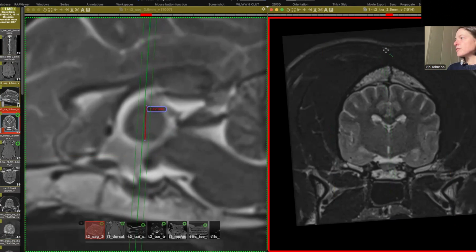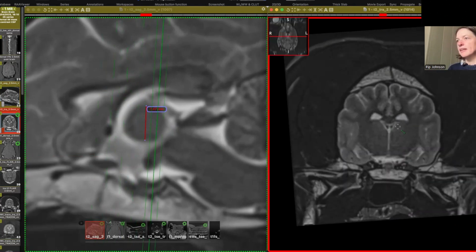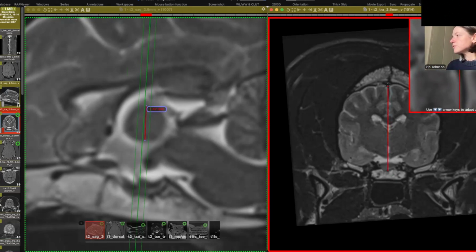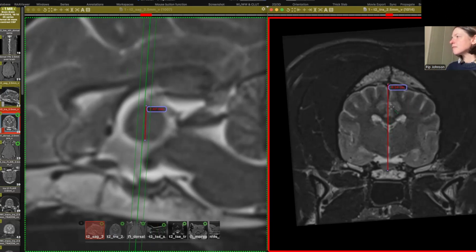We're then going to switch over to the transverse plane sequence, and we're going to make sure the transverse plane lies directly over the interthalamic adhesion height at this level. And we're going to take a measurement of the cranial height. So we're going to go basically from the sphenoid bone or dorsally. And remember, we're going to have a dorsal sagittal sinus dorsally, but I want to go from bone to bone. So we're going to go up and look at where our two hemispheres end, and we're going to place our measurement between the two aspects of the cranial cavity. So here we are, 4.54 centimeters or 45.4 millimeters for that measurement.